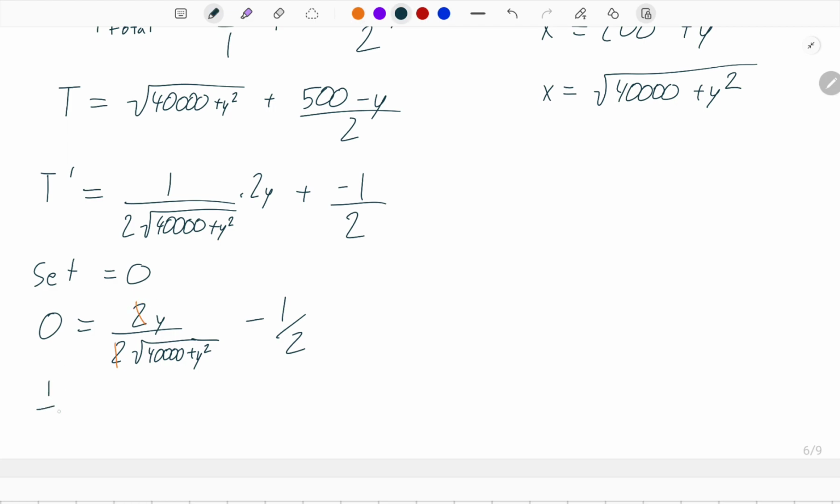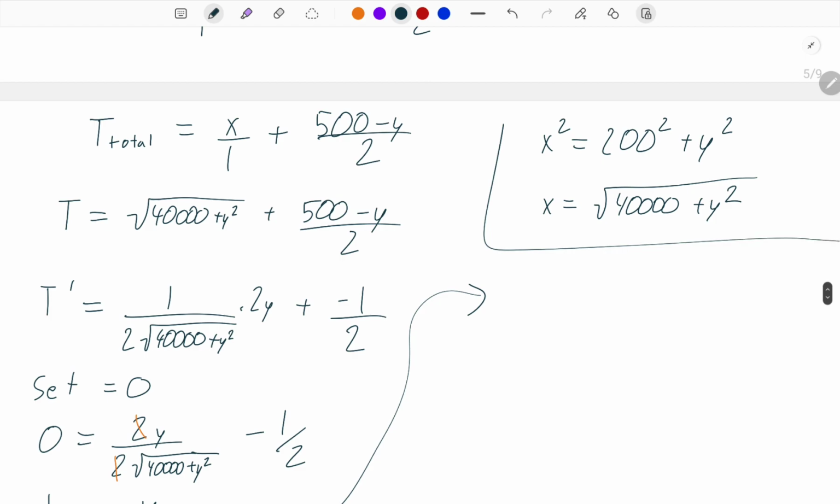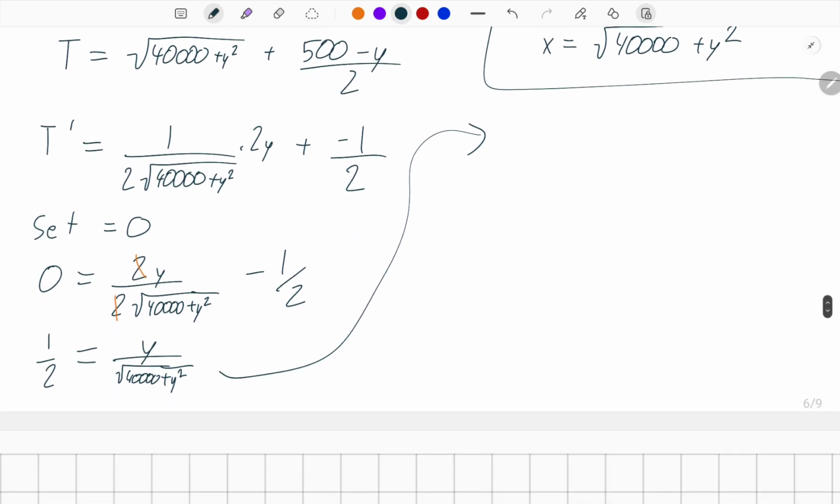And let's move the 1/2 over. So y over that. And yeah, it's not going to be the prettiest of equations to solve. We're going to cross multiply, so we're going to have square root of 40,000 plus y squared